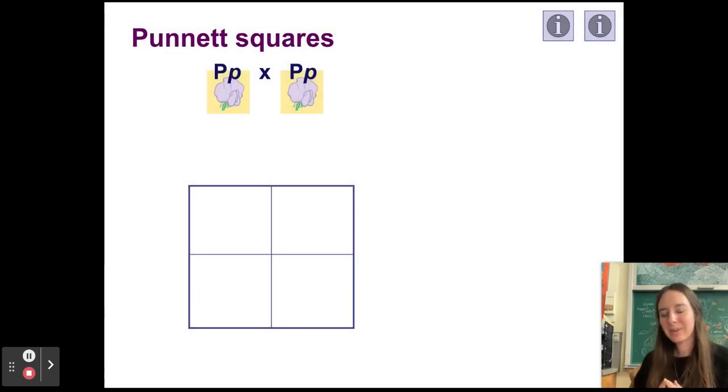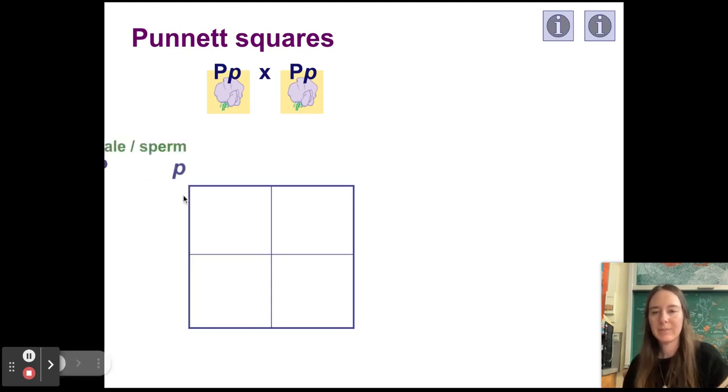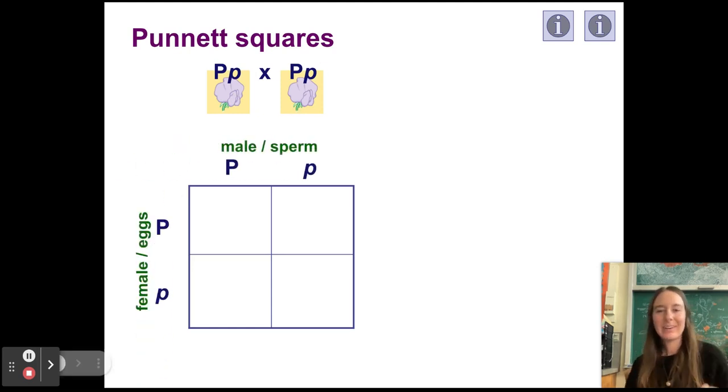Ooh, here comes the fun part. So how can we figure this out? We can use something called a Punnett square to predict the probability if we took a heterozygous hybrid here and a heterozygous hybrid here, and we were to have them sexually reproduce with each other. So this one's maybe sperm, or pollen, and this one's egg. So how do we do it? Well, we're going to